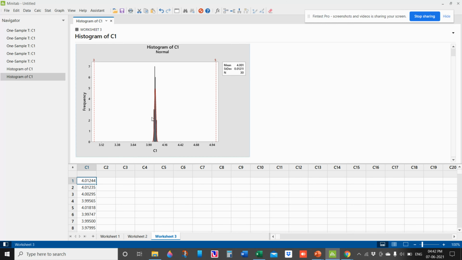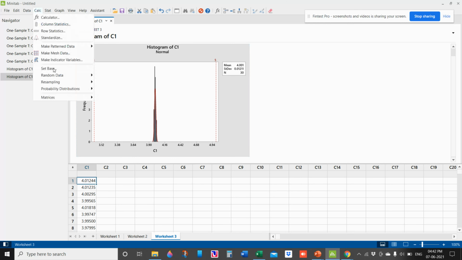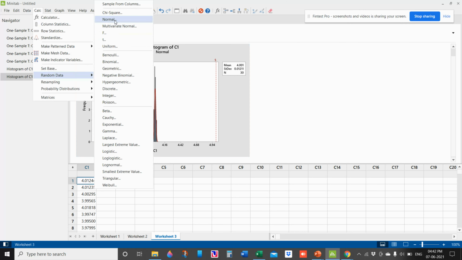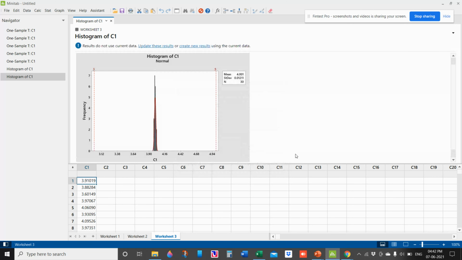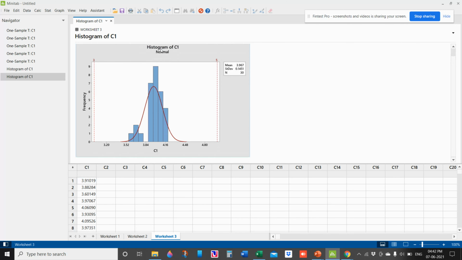So now let us change the data and see how the distribution will be there. Now I'll give around 120 micron as a standard deviation. Now let us update the results. Now if you see, this is how the histogram will look like. So still it is normal, and little bit there is a gap. That means we are not producing 3.84.